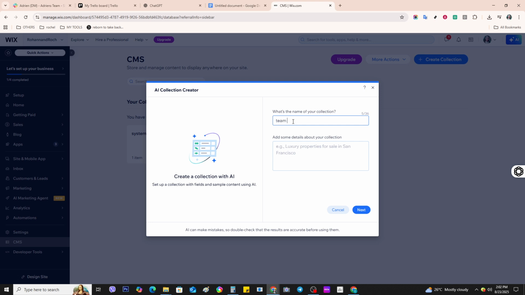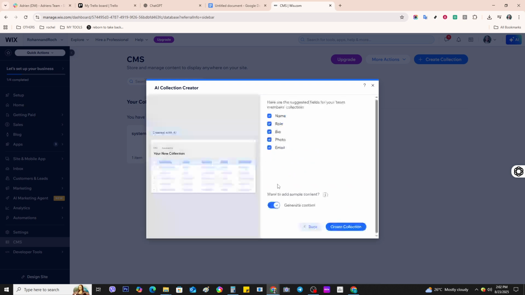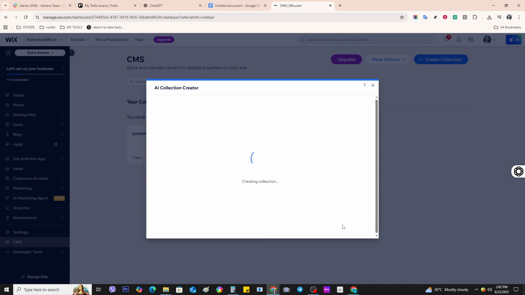With the fields in place, we can now add content to your CMS. You've got two choices here. You can manually enter each row directly into your CMS table, which can be a great option for smaller amounts of data. Alternatively, if you have a lot of content ready to go, you can import it all at once using a CSV file. Each row in your CMS will represent one item, like an individual blog post or a